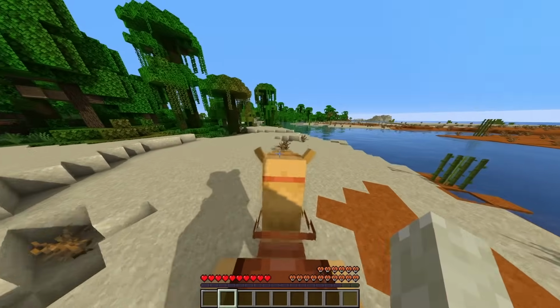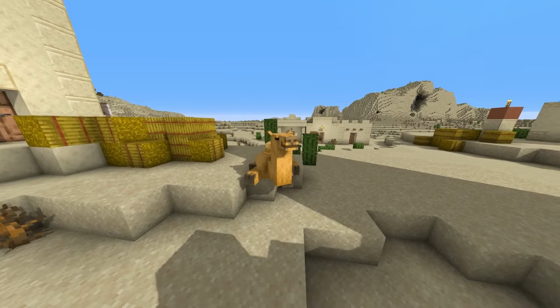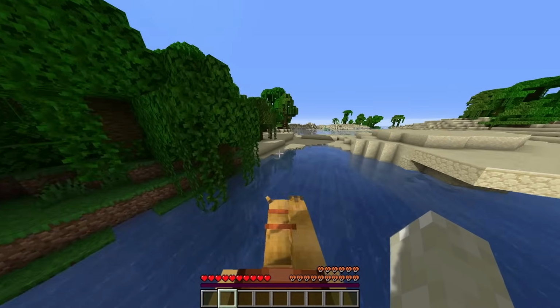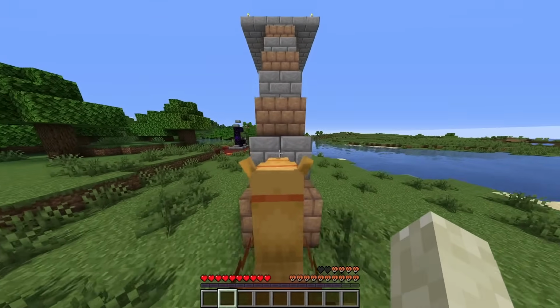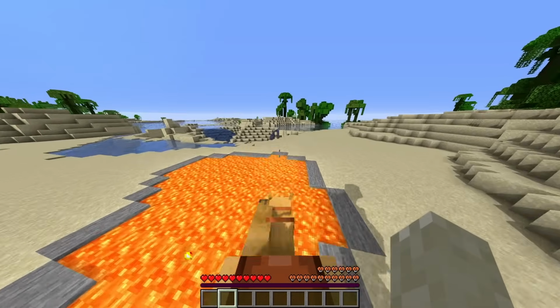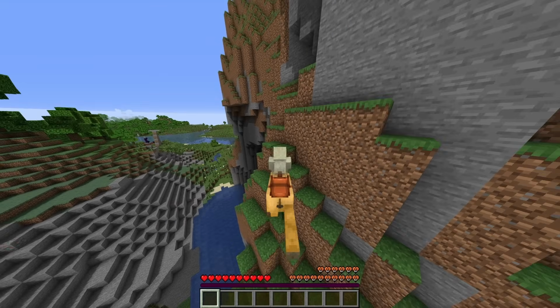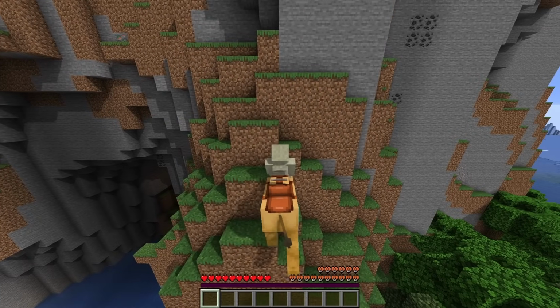Next up, the camel. The camel can only be found in desert villages, and it is literally just an alternative to the horse. It can dash instead of jump, it can run up 1.5 blocks instead of just 1, and it's objectively worse in every way. Bruh. Without a way to jump even 2 blocks high, the camel is simply not practical at all to travel